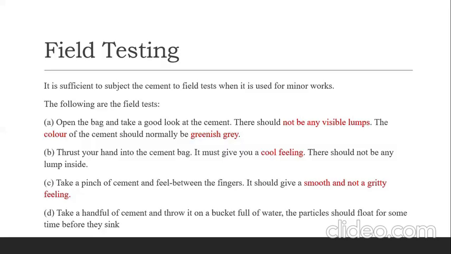Then the next test is you have to thrust your hand inside the cement bag and check whether it is giving a cool feeling or not. If it is giving a cool feeling, then the cement is in good state. If it is giving some irritation feeling, then it represents that the cement is not in good condition